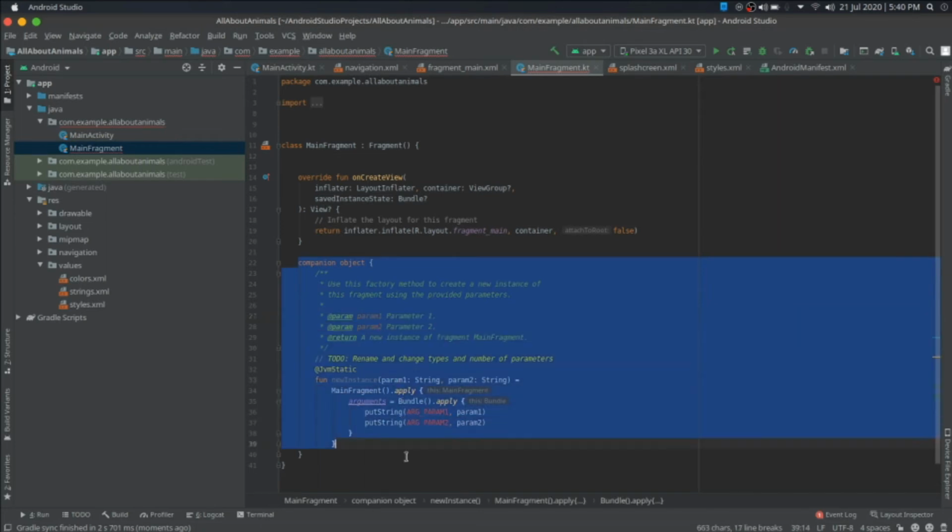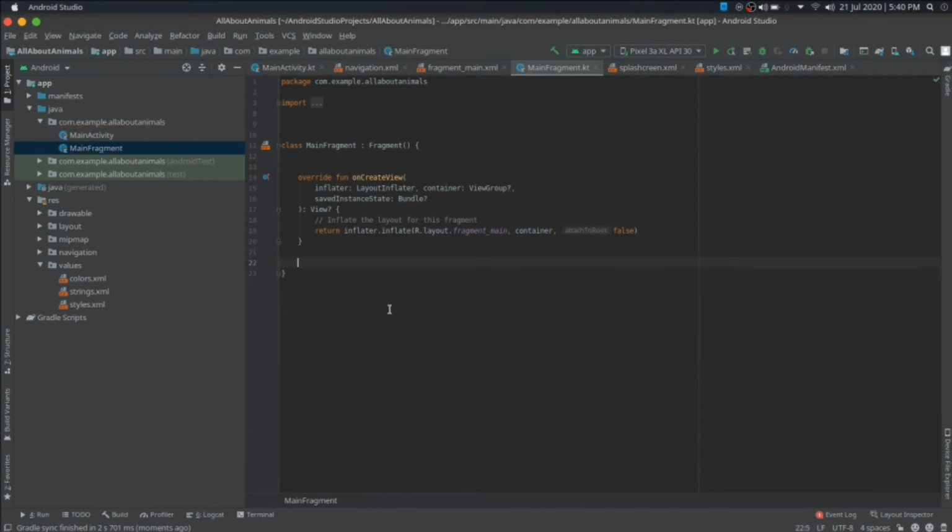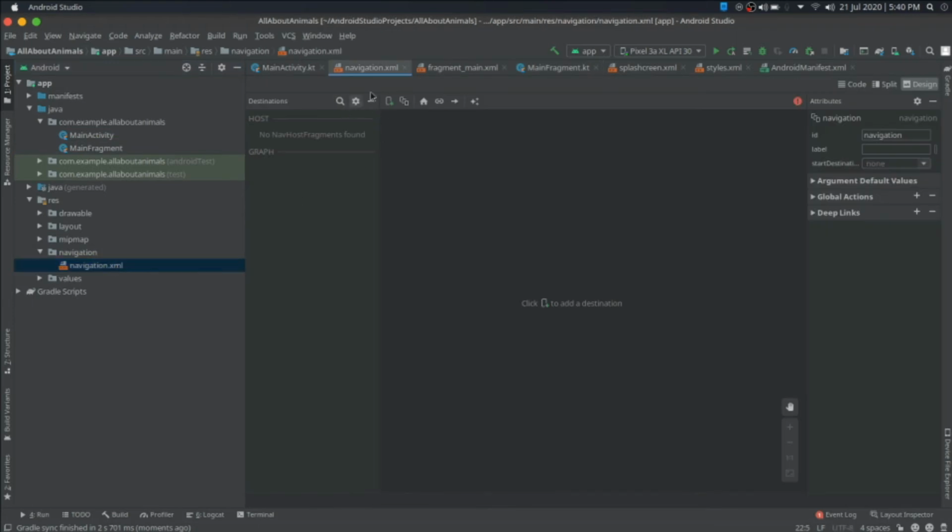Remove the companion object as well. This is all that we need right now. So we have created a fragment. Let's go to navigation and add it in our